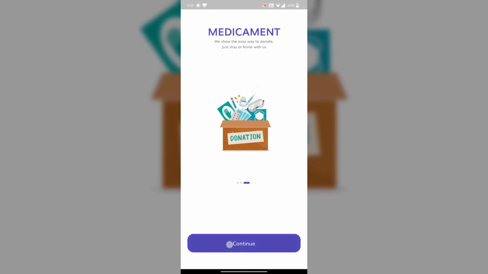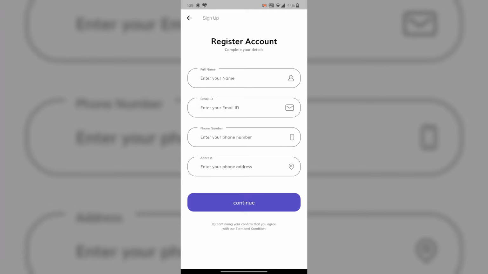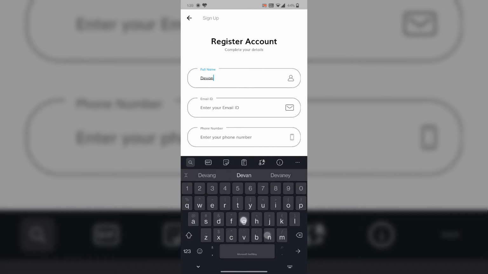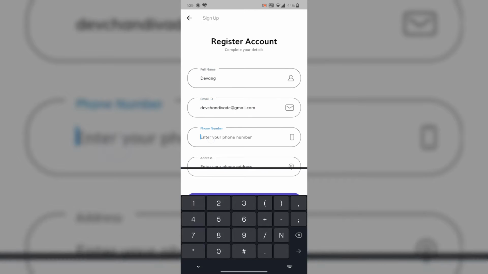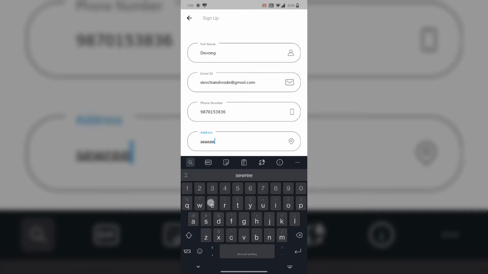So let's continue. This is our user portal where a user can sign up, or log in if he already has an account. Here I am creating a new account. So let's put the details over here, such as name, email ID, phone number and address.